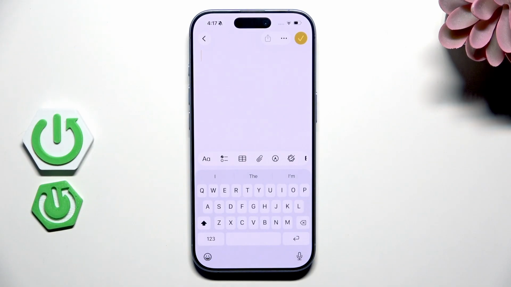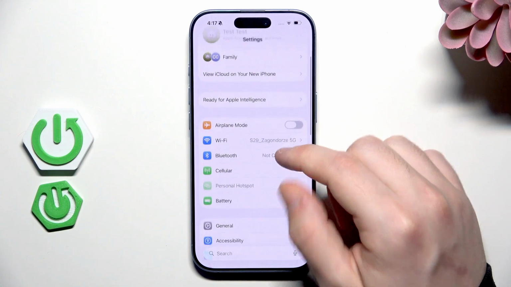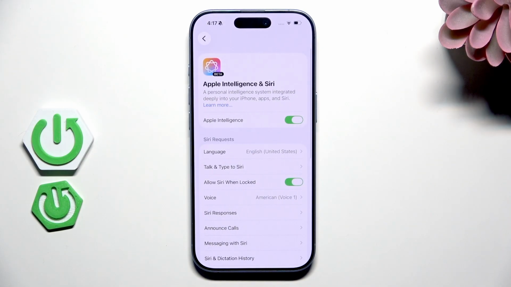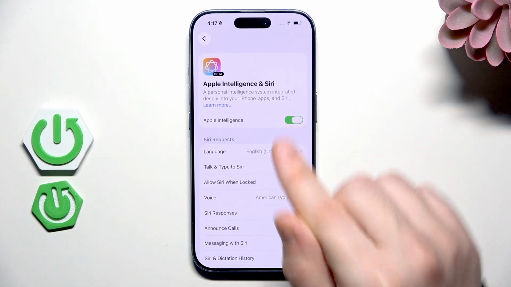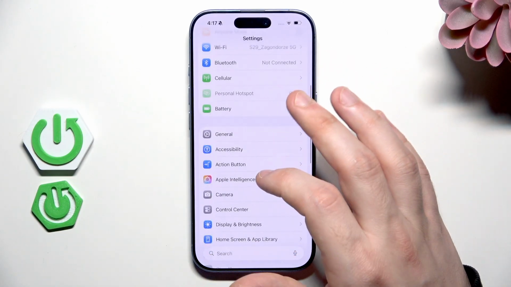I will also use AI for that. Apple Intelligence, to be more precise. But first, actually, let's open up the settings because it's really important. Scroll down in here, go into Apple Intelligence and Siri, and make sure that it's enabled. Also, if you want to use it, you have to select your region